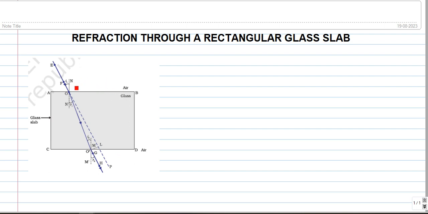So when we draw all these, this angle here will give us the angle of incidence, and this is the angle of refraction. So it is getting refracted. There is a slight bend, and as it emerges out, the ray is again bending away from the normal. So what do we infer from this diagram?